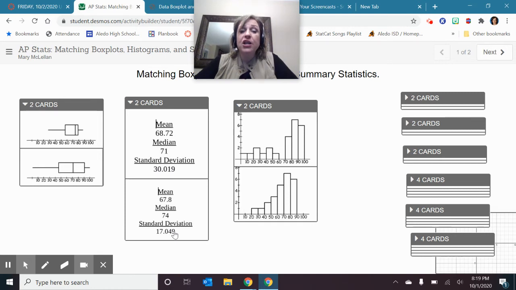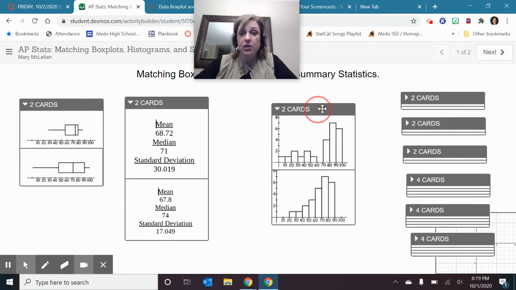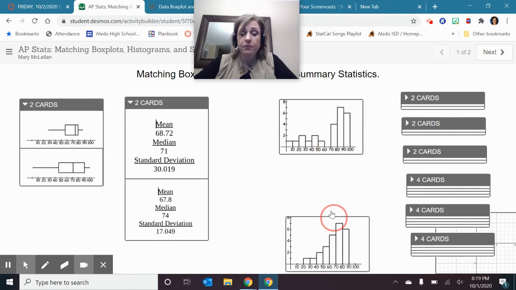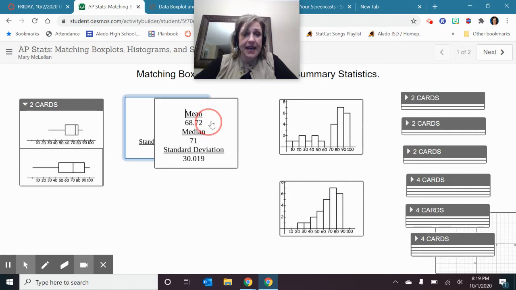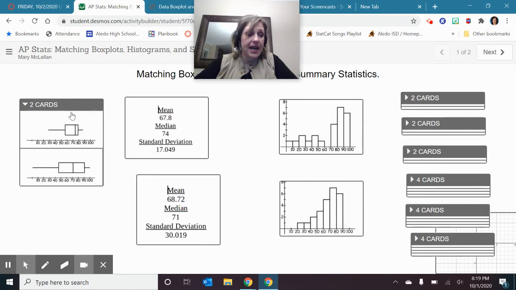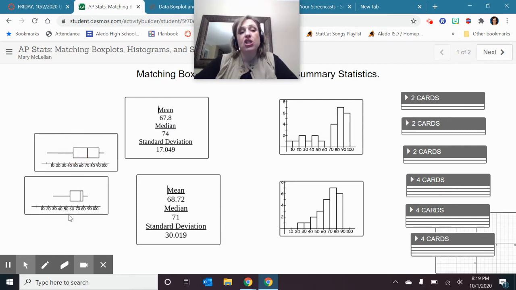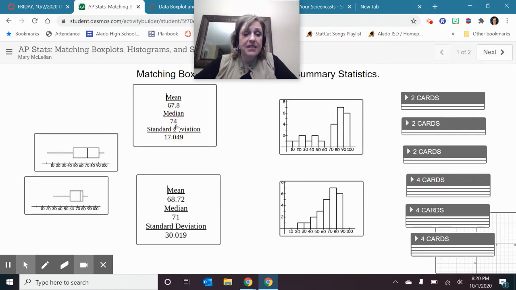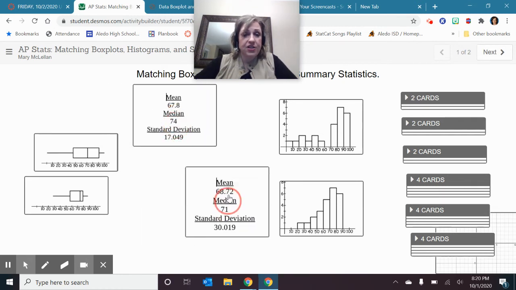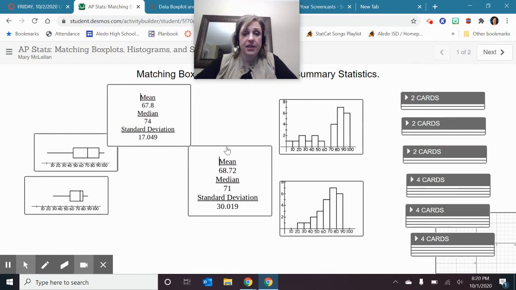So I can see on these skewed left sets of data, I've got a larger standard deviation and a smaller standard deviation. That means I want to look at my cards and see which one's going to have the smaller standard deviation, less spread out. And so I'm going to separate these out, and then see which one's going to have the larger standard deviation. Okay. So here's my small standard deviation,